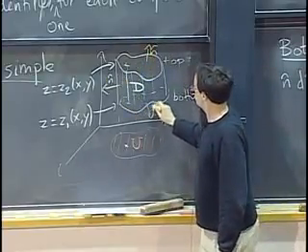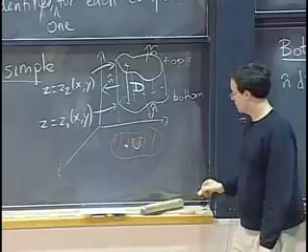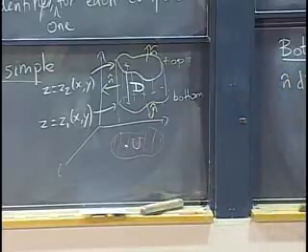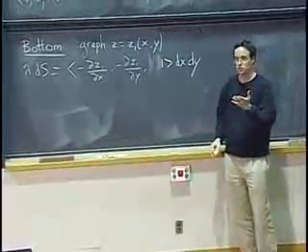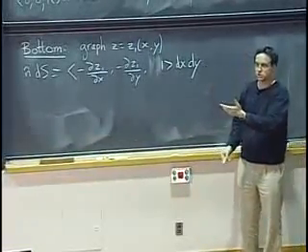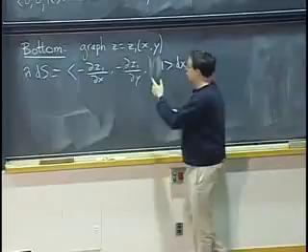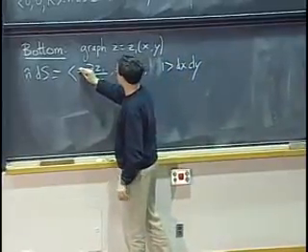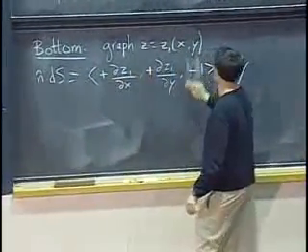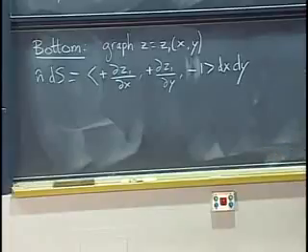But on the bottom face, we want n pointing down. So in fact, we shouldn't use this formula here because that one corresponds to the other orientation. Well, we could use it and then subtract. But instead, I'm just going to say that n dS is actually the opposite of this. So I'm going to switch all my signs. Okay, that's the other side of the formula when you orient your graph with n pointing downwards.